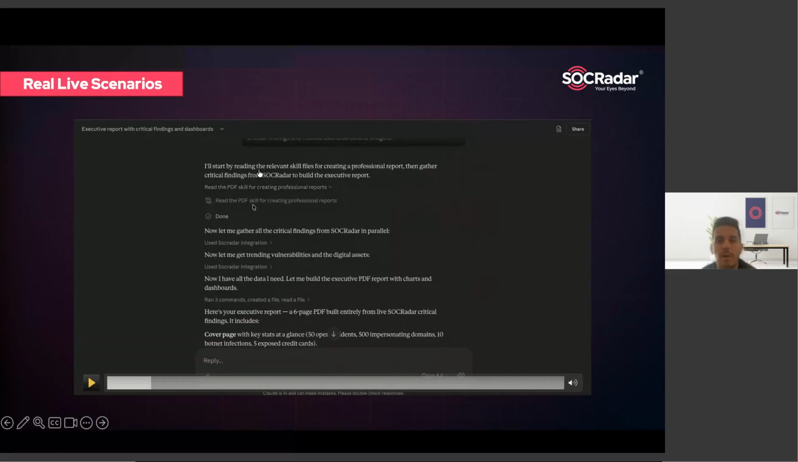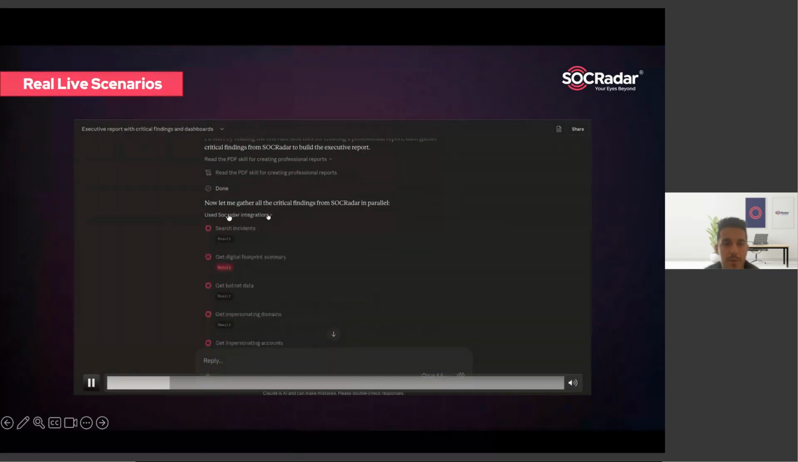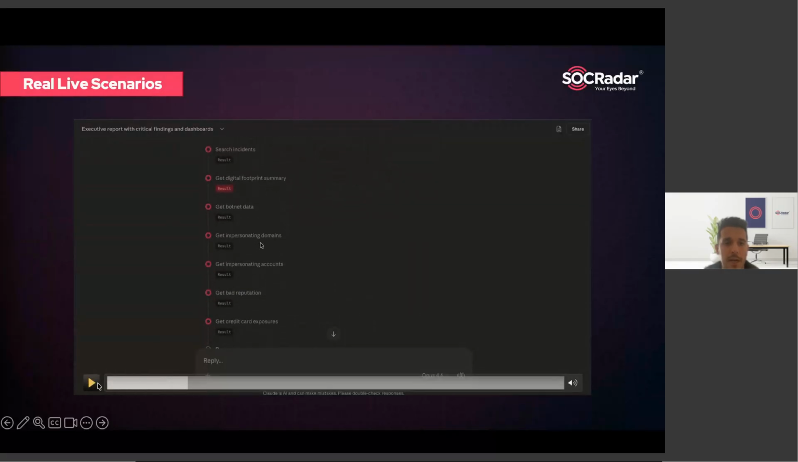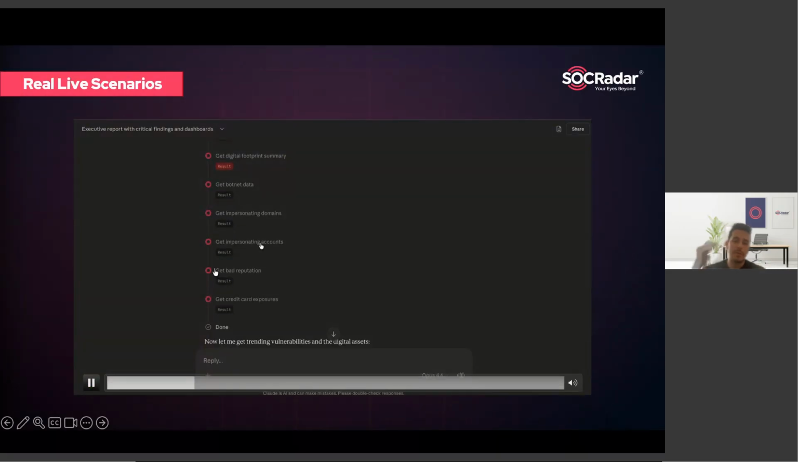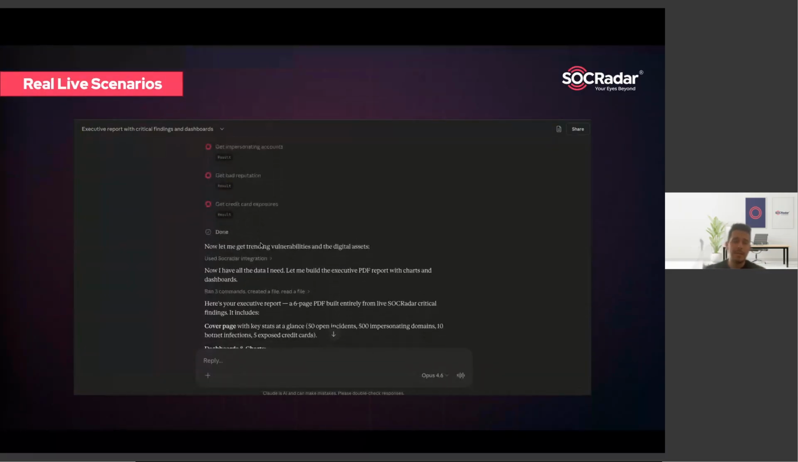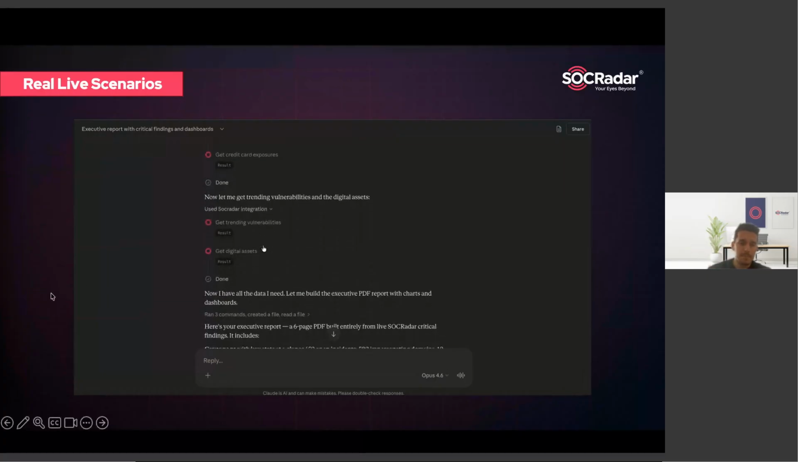First of all, it is going to gather all the critical findings from SOCRadar to build the executive report. So it reads the PDF skill for creating professional reports. Now it's gathering all the critical findings. You can see as it is connected, it's going to search the incidents. It's going to get the digital footprint of this customer, the botnet data, impersonation domains, impersonation domain checks, impersonating accounts, also checking bad reputation. So it's actually like an analyst searching each type of